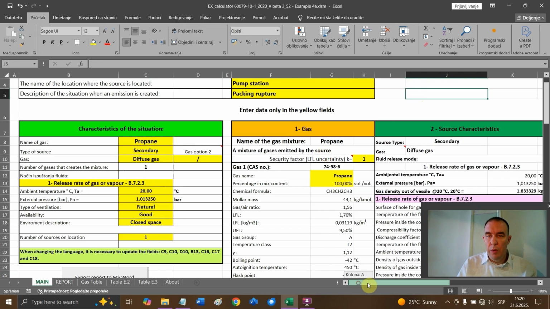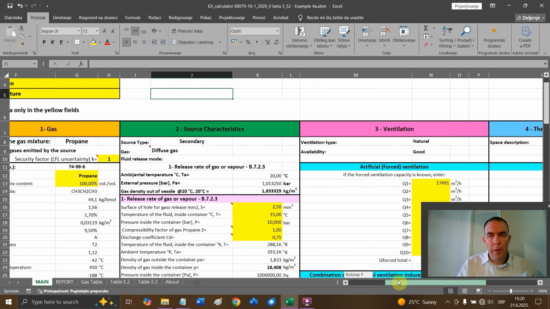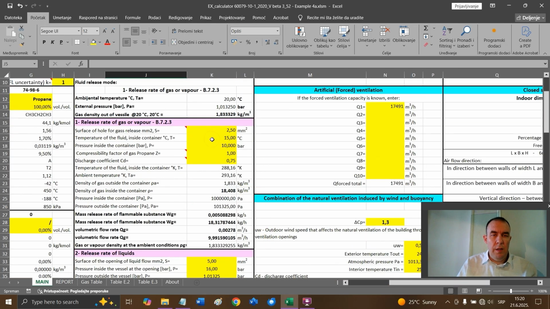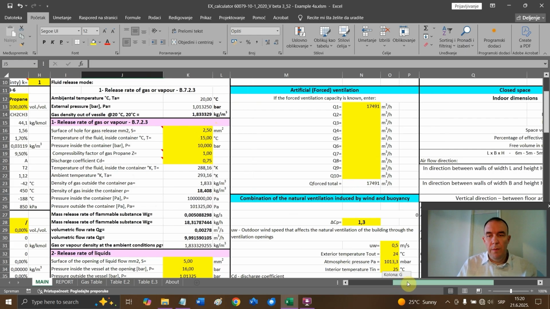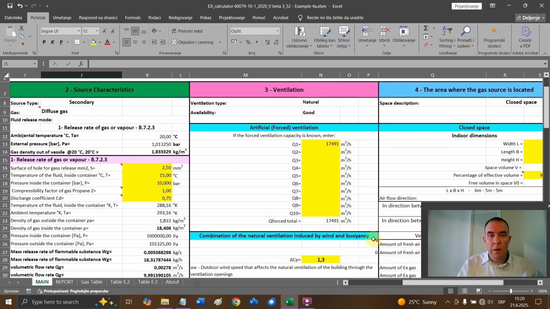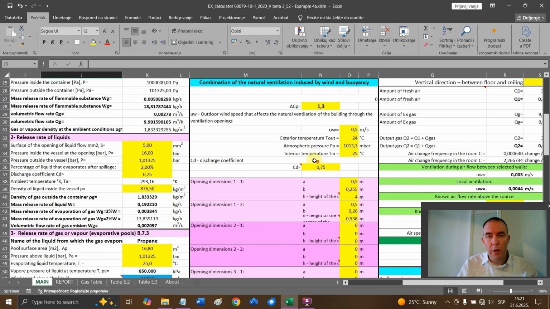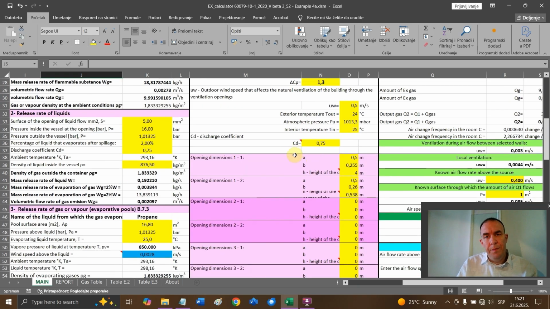Let's jump to the section with the ventilation. We discussed the characteristics of release rate, and we have a pretty accurate release rate according to the standard. Now let's talk about ventilation. Because we said it's natural in closed space with good availability, now we are going to define the dimensions of the openings on the walls. Dimension of the opening 1-1 and